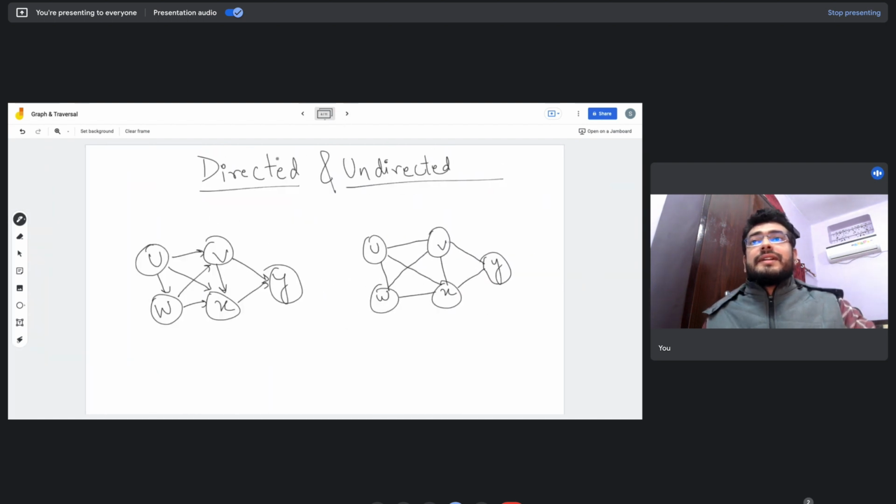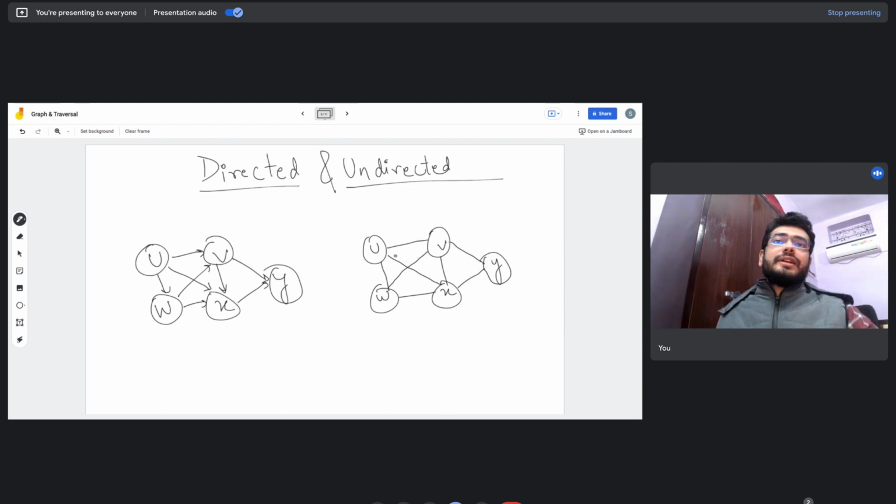So let's try to understand another concept related to graphs, which is directed and undirected graphs. If you see over here, this first diagram represents a directed graph wherein all the edges that you see over here are directing from one node to the other node. So they are not bidirectional, that is they do not have a direction from u to v as well as a direction from v to u. They are all unidirectional, that is they are pointing from one node towards the other node. So you can go from u to v, but you cannot come back from v to u. That's why they are called directed edges. And a graph which has all the edges as directed edges is called a directed graph.